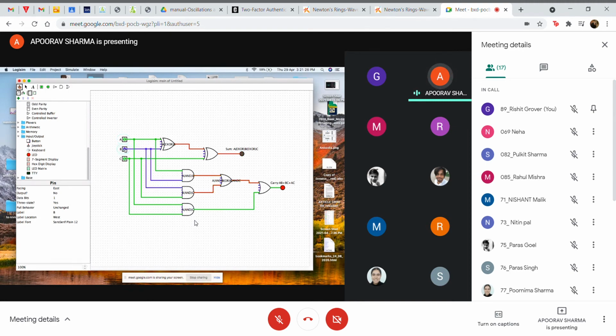Okay, so if one of the inputs is kept 0, your sum will be 0 and your carry will be generated as 1, right. So your LED for the carry is on and the LED for the sum is off when two of the three inputs are high, right. Either two of the three inputs are high, then the sum is always 0, carry will be 1. If only one of the 3 inputs is on, the sum bit is high and the carry is 0.